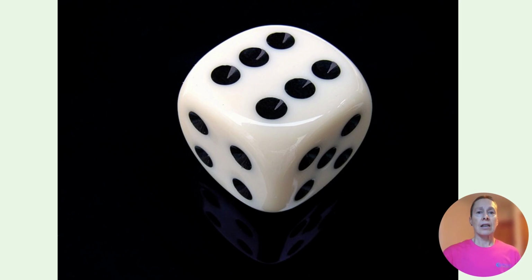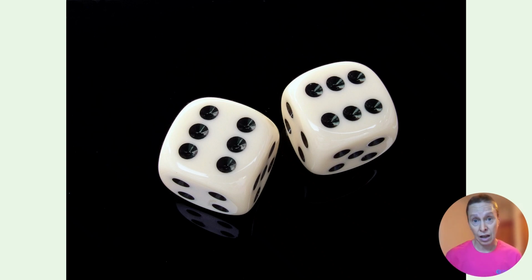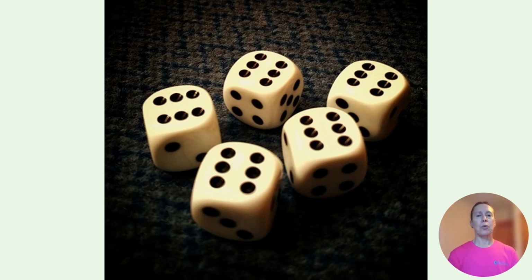And if we had a second dice, if we get a 6 with the first dice, how likely is it that we'll get a 6 with the second dice as well? It's less, isn't it? Now, what about if we throw 5 dice? Imagine getting this result. All 5 dice, you get a 6. Now, is that likely? Would you be surprised? You probably would,